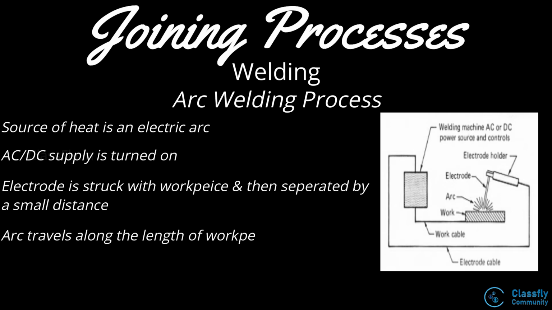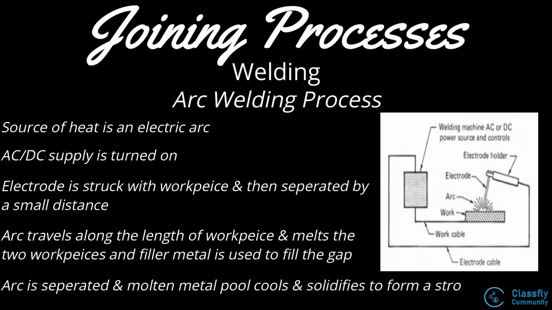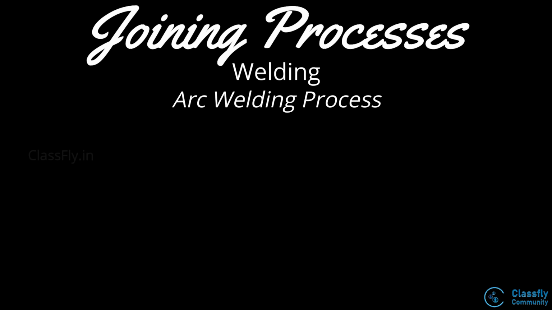This arc is made to travel along the length of the workpiece, and hence the heat will melt the joint at the two workpieces. Hence, a molten metal is formed, and upon cooling, this metal pool will fuse and form a single joint. Then we looked into the different electrodes which are used in arc welding, that is